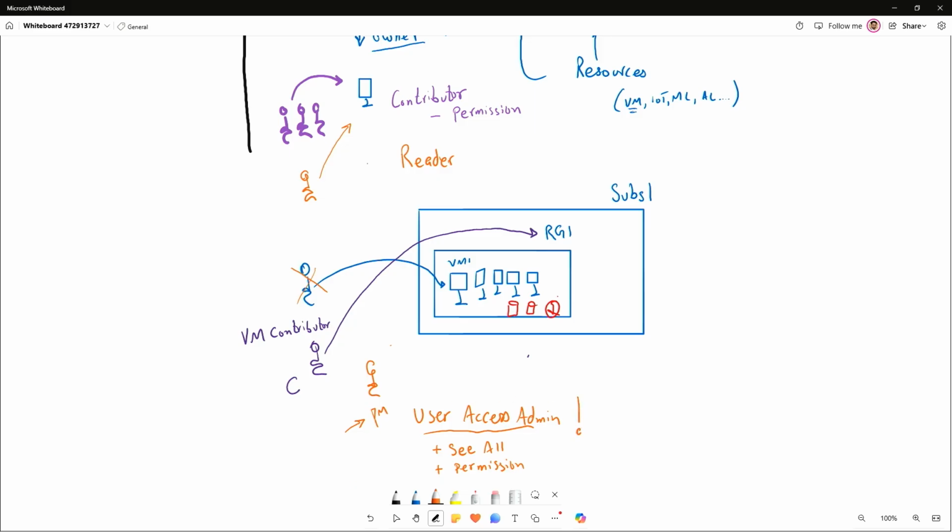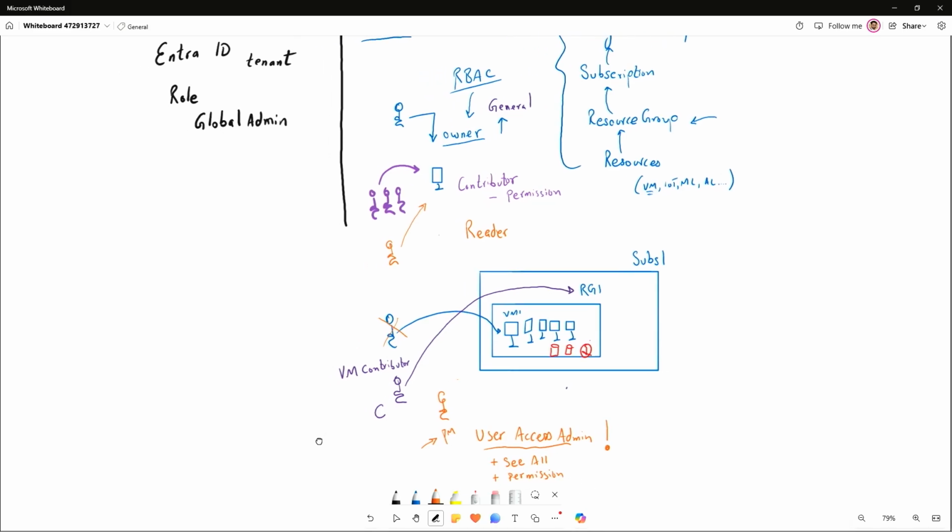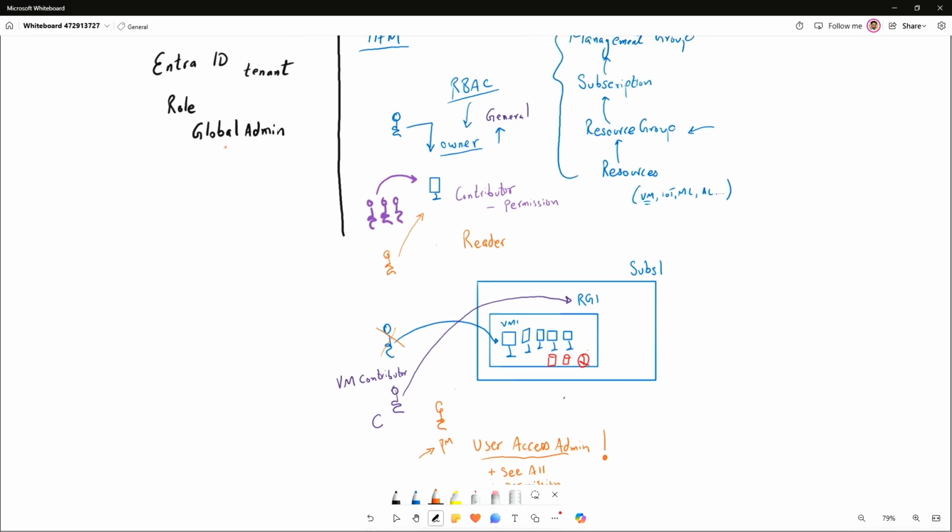Now, one interesting thing about the User Access Administrator role is this: typically, your global administrator that you have in your environment in Entra, now we're bringing Entra back into the conversation, typically has nothing to do with Azure.